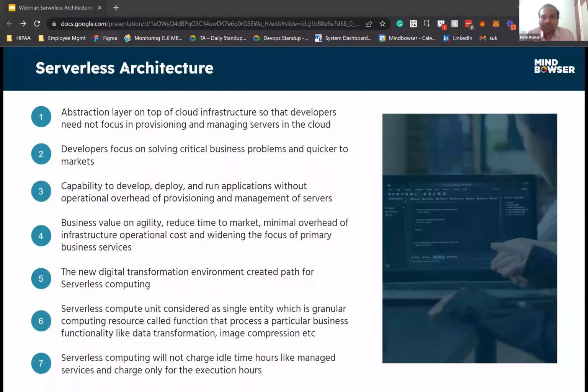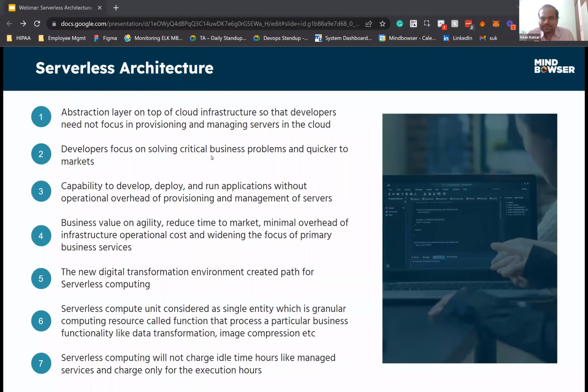The main important thing, which I mentioned in the earlier slide, is that we have managed services and serverless. Managed services like PaaS, platform as a service in the cloud, and serverless also. So many people will ask, we already have PaaS, so what advantage does serverless bring? Because with PaaS also, the cloud provider takes care of the runtime, infrastructure, scaling, and everything. Then why serverless? This is where the difference comes between PaaS or managed service and serverless.